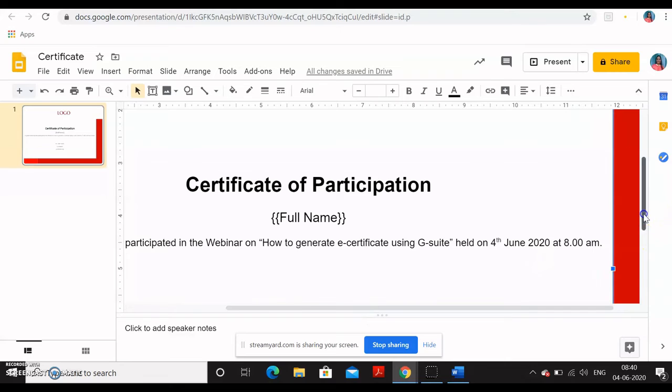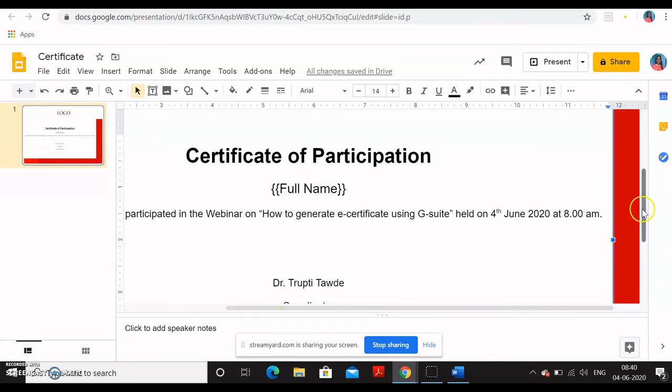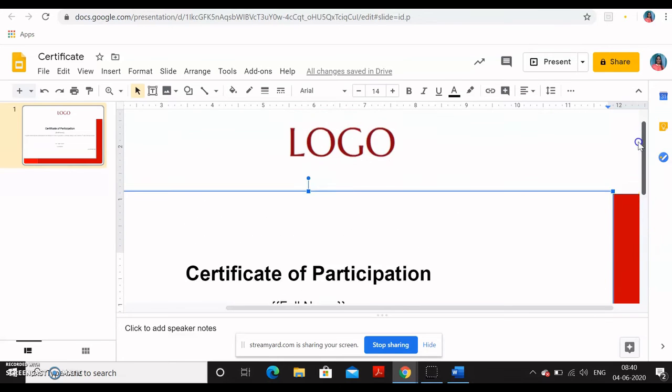Then you can put your coordinators or principals or the head of the department's name. Again here I have written the certificate ID. If you want to generate the certificate ID, you can write it here. But this certificate ID, again, if you can see, I have written in curly brackets. So this way you will create your certificate.